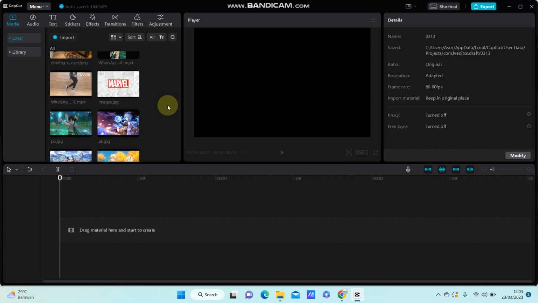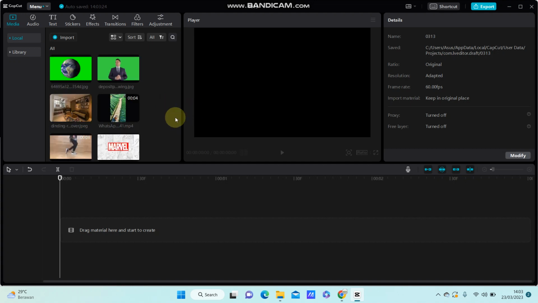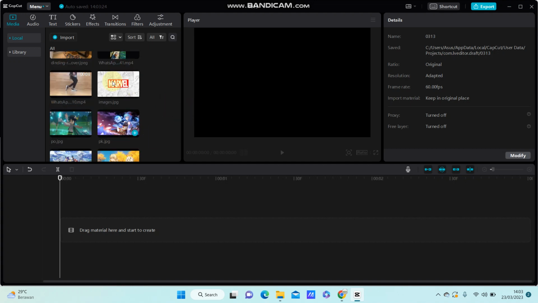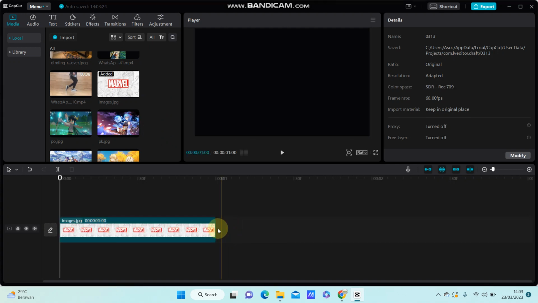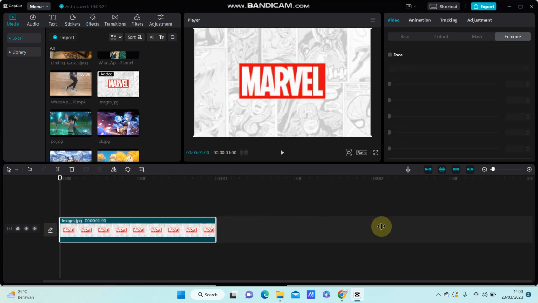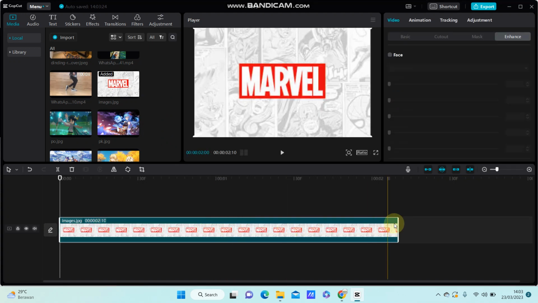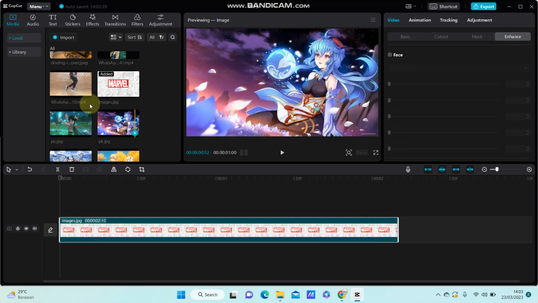Hello everyone, in this video I'm going to show you how you can add transition to overlay only in CapCut PC. For example, I'm going to select the main image video clip just for this duration, and I'm going to select the